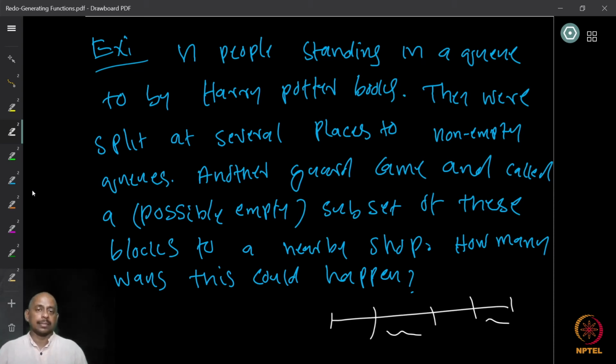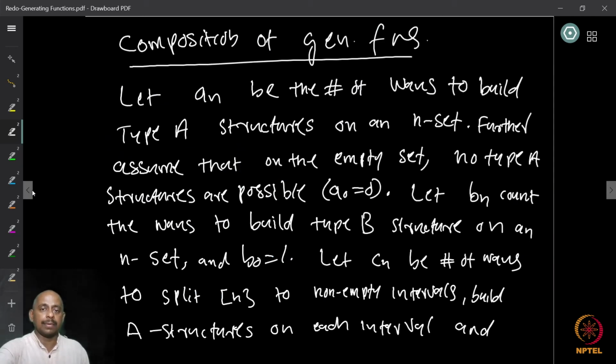The queues are standing as it is. So therefore, there is exactly one way to do nothing, right? Once you split at several places, you have the queues, and we do nothing, right? So when we were defining this, what we said is that, right, A and B